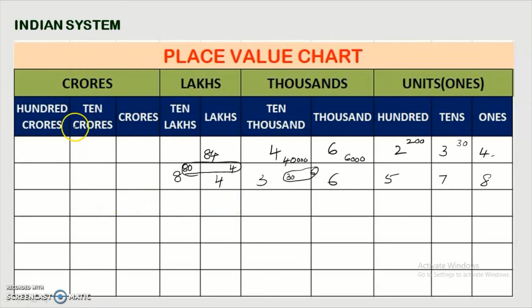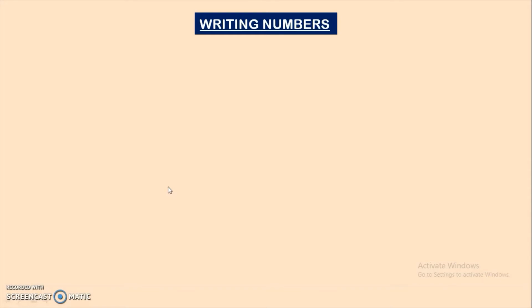So we'll complete by taking crores also. So if I take a number, see this one. Here we have 10 crores. So this is 10 and here we have 2 crores. Totally this will become 12 crores. So we'll start reading like 12 crores, 40 plus 3, 43 lakhs, 60 plus 7, 67,892. So in this way we can complete this one.